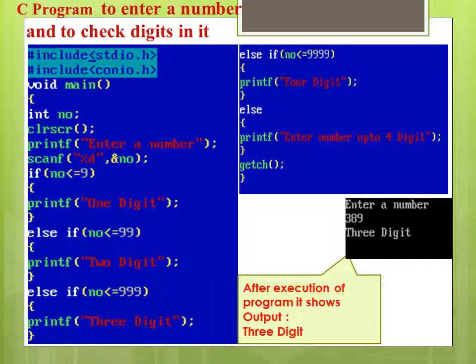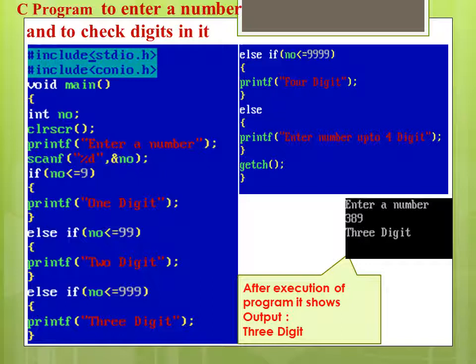If again this condition is false, then it goes for the third condition, that is number is less than or equal to 999. If the condition is true, then the printf function shows the message 3 digit.